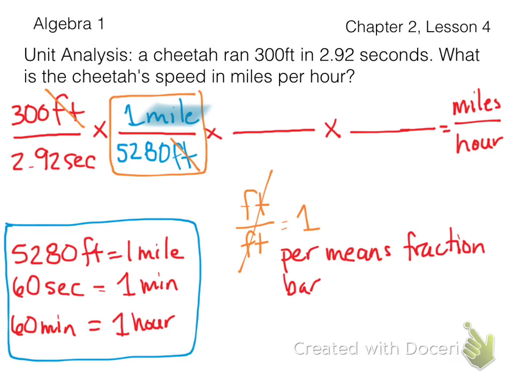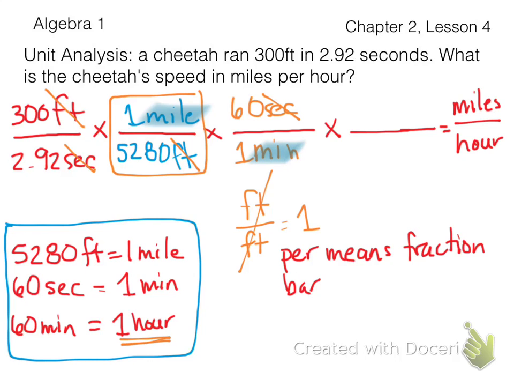Okay? Now I need to do the same for the seconds. I want to get to hours eventually, but I need to get there. And you can do the quick way if you just happen to know how many seconds are in an hour, but I'm going to go ahead and do it the long way so you can see it. Okay, so I need my seconds to cancel out, and to cancel out seconds, I need seconds on the top and seconds on the bottom. Since I already have seconds on the bottom, I'm going to go ahead and put 60 seconds on top. Well, 60 seconds is the same as 1 minute. Now that I've got seconds on the bottom and on the top, they cancel out, and I'm now at miles